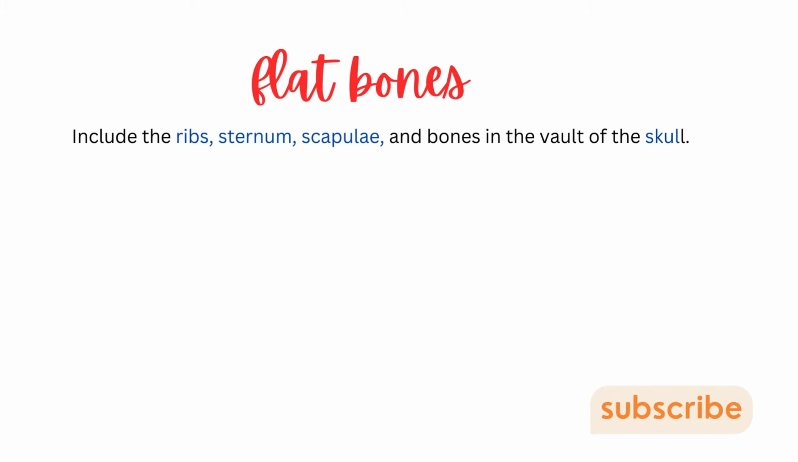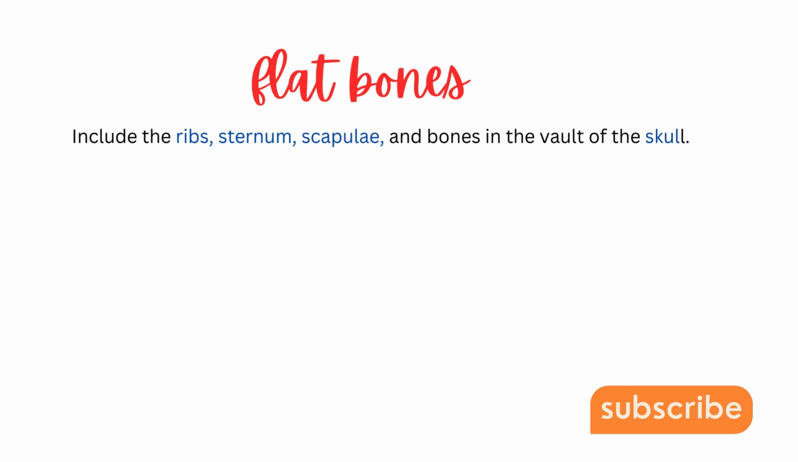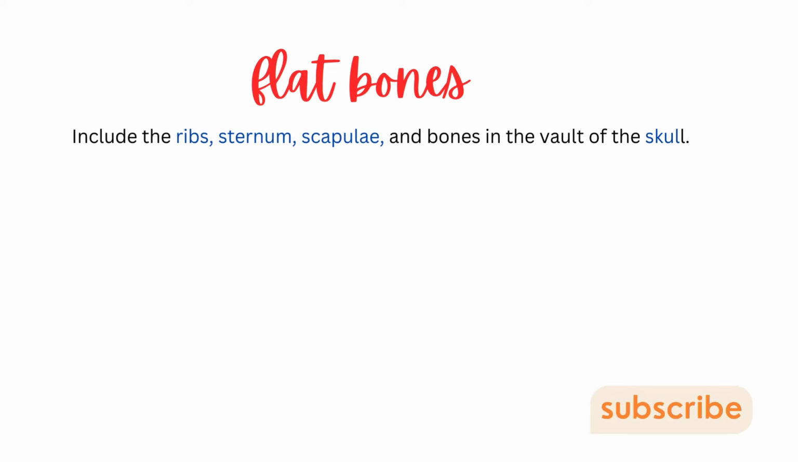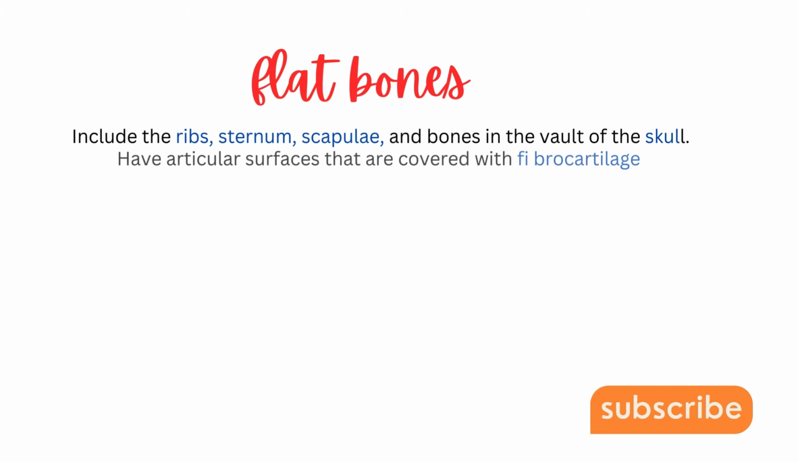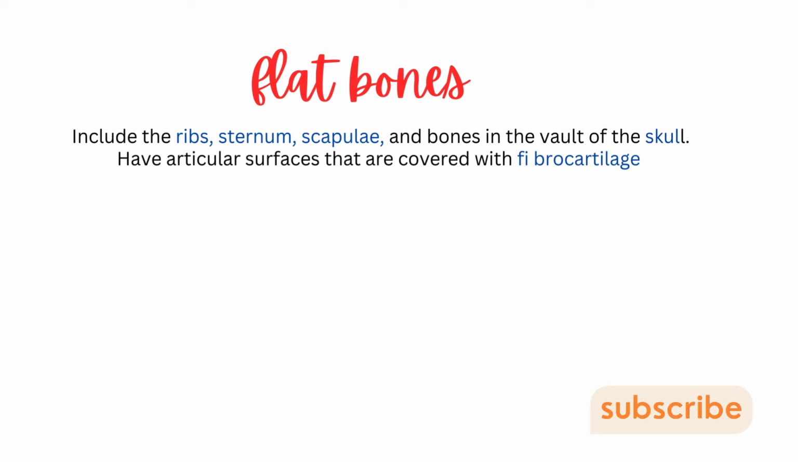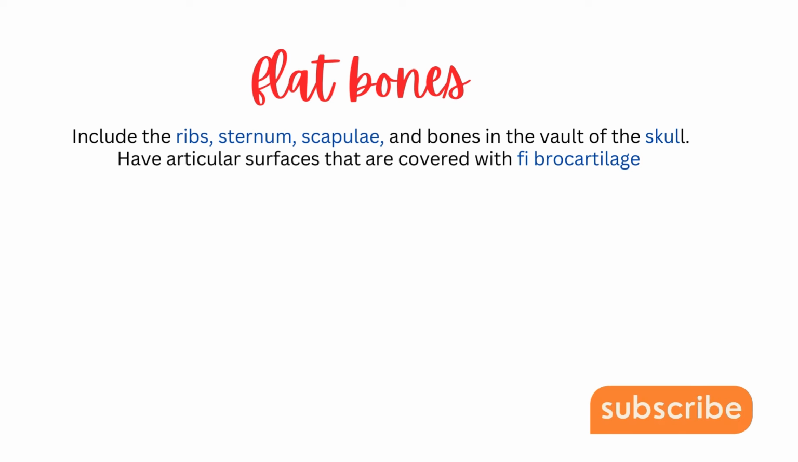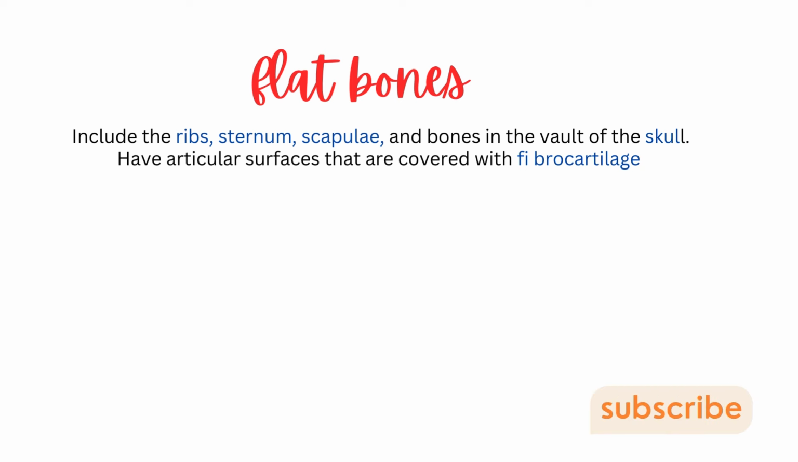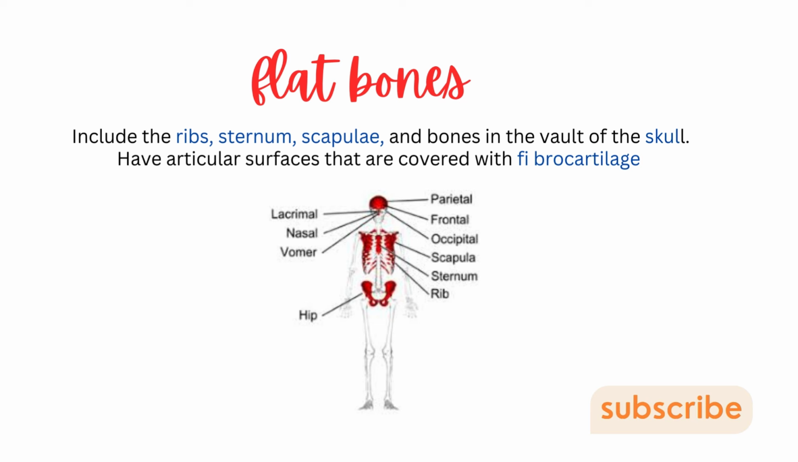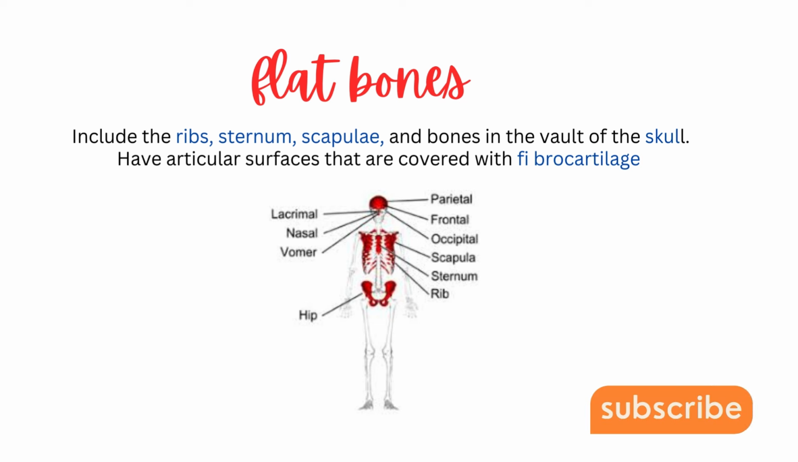Now moving toward the third one, that is the flat bone. The flat bones include the ribs, the sternum, the scapula, which is present at the back, and the bones in the vault of the skull. So the skull bones are part of the flat bones. Now you should be wondering what is different about these flat bones. The flat bone has an articular surface, but that articular surface is covered with fibrocartilage around it, which is the unique feature of the flat bones. For your better understanding, I have pasted a picture over here. You can see that all the bones marked in red color are flat bones. So each of them is a flat bone,